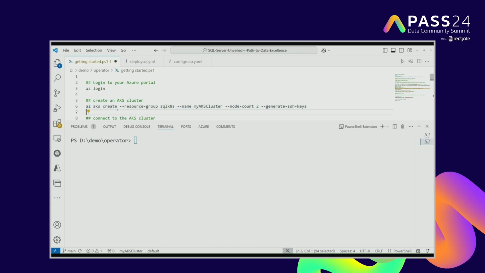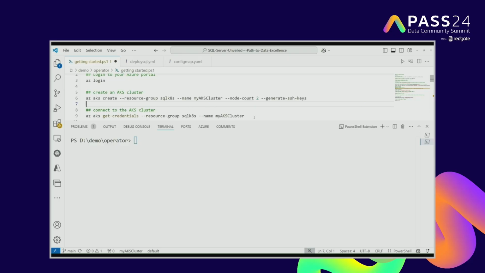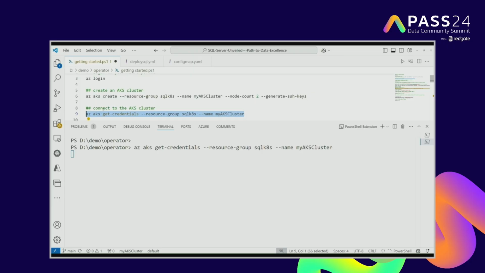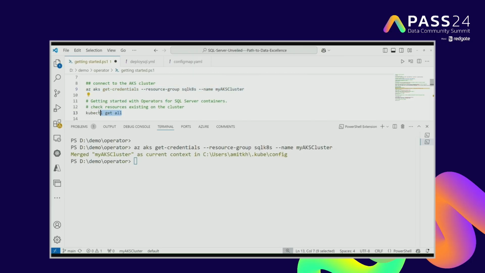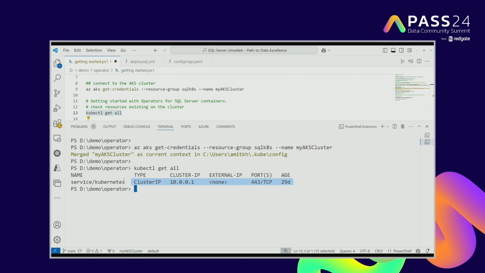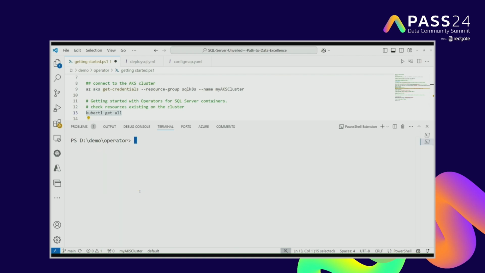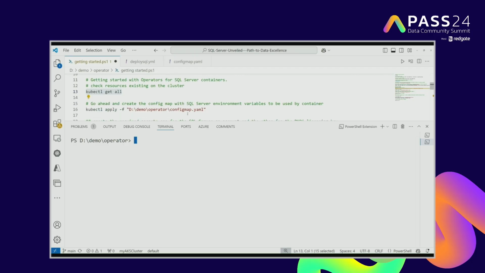If you have your own Kubernetes environment, you don't have to do the first 3 steps, because I'm just showing you the creation of a Kubernetes cluster and then getting the credentials so I can connect using kubectl. The first 4 steps are the same as the manual deployment. The change here is that I'm not going to define storage, because the operator is going to do that for me. I'm not going to define how big or how small the instances are, because I can do all of that through the